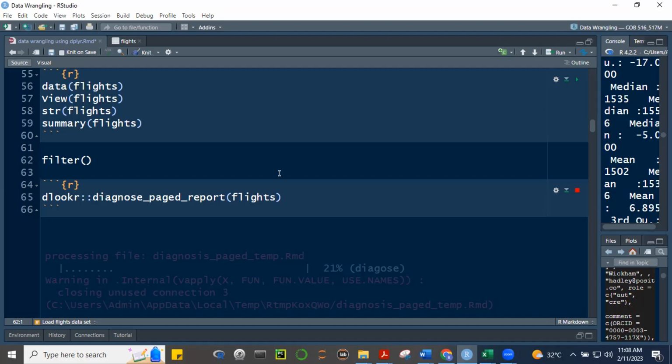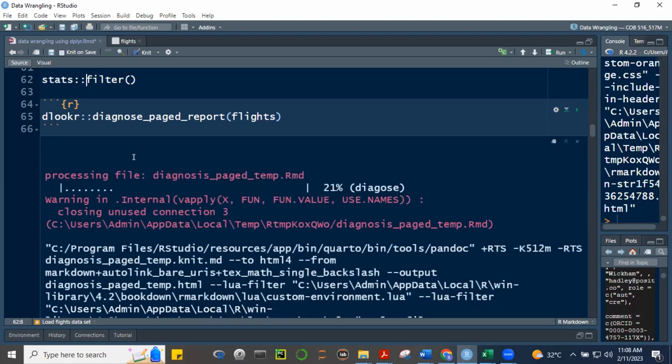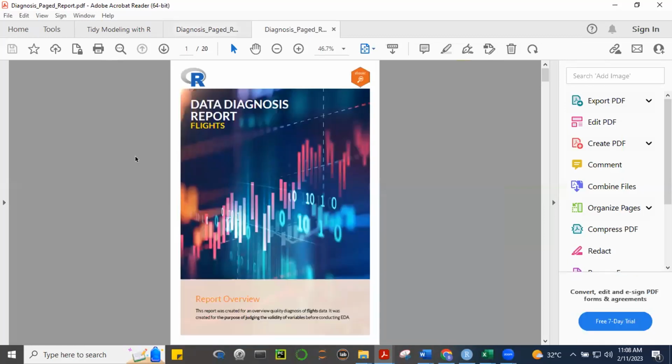But what if I want instead the filter from stats package? So I'll have to put that here. Ito na yung gamit ng namespace na to. So it's used for several things. Number one, kung gusto nating malaman lang kung saan galing yun, no? Okay, kung saan galing siya. Tapos pangalawa, if you want to make use of a particular function na na-mask,